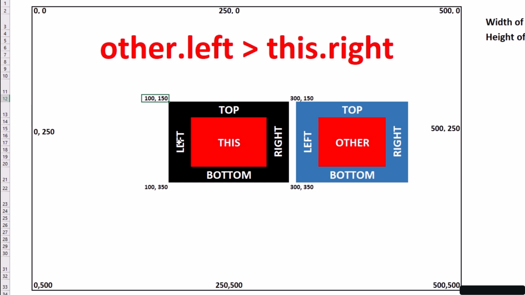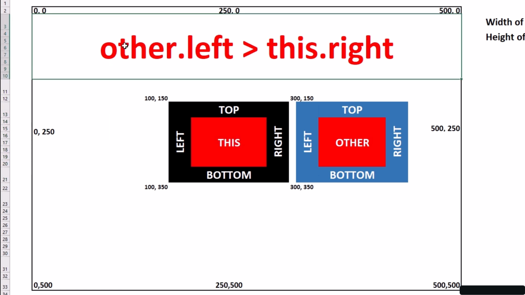So you'll see in our code in a minute, we're not going to call these left and right. What's labeled as left here in our code is going to just be x. And what's labeled as right here is going to be x plus the width. Okay? And so the same idea is happening over here. The left side of this rectangle is just simply x. So in other words, if other's x is greater than this x plus width, then we do not have an intersection, all right? You may have to rewatch this section because it's a little tricky. So good thing we're recording, right?